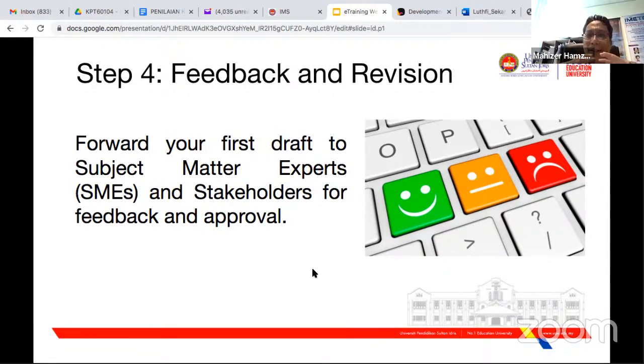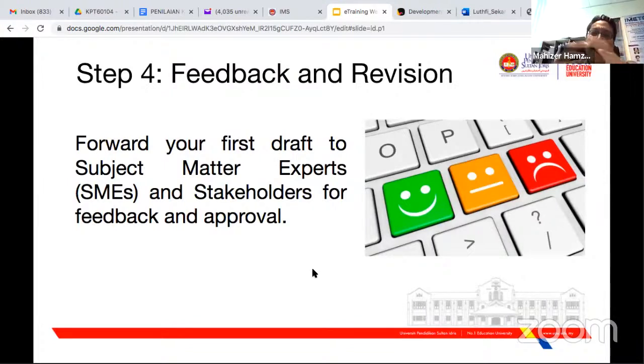Okey. Same goes to the research. Let's say you want to develop the module, kan. If you are using the ID model, instructional design model, same at the end of the analysis process, you have to send it to the expert to evaluate. Sama juga the process lah. Sometimes it happens that when you send it to the subject matter expert, they will comment a lot. Stakeholder pun komen banyak, macam-macam dia akan komen nanti. Tak apa, itu dijadikan satu panduan untuk penambahbaikan.